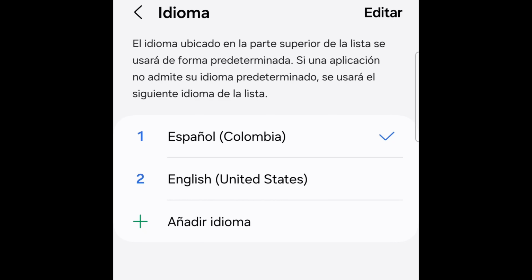Okay, so basically that's saying your chosen language is at the top of the list, the chosen language that you have predetermined, predeterminada. And if any application doesn't support your chosen language, in my case Español Colombia, Colombian Spanish, then it will use the following secondary language in the list, which is my native language, English, okay?